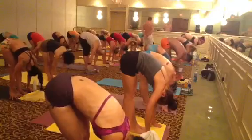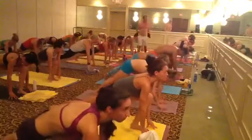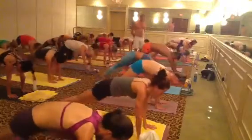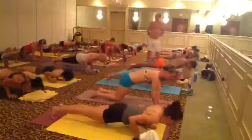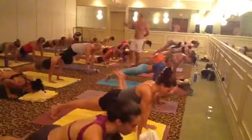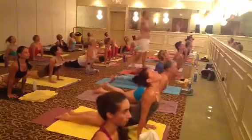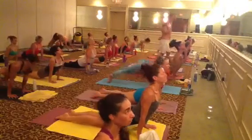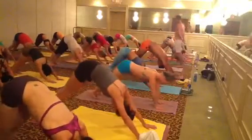Okay, step your right foot back into a lunge pose and take a full breath in your lunge. Exhale and step your left foot back into plank. Take a full breath in plank, a slow exhale into Chaturanga, push up. Full breath in plank, slow exhale down into Chaturanga, deep inhale into up dog or lifted cobra. And a smooth exhale gets you back to downward facing dog, Adho Mukha Svanasana, where you can enjoy your